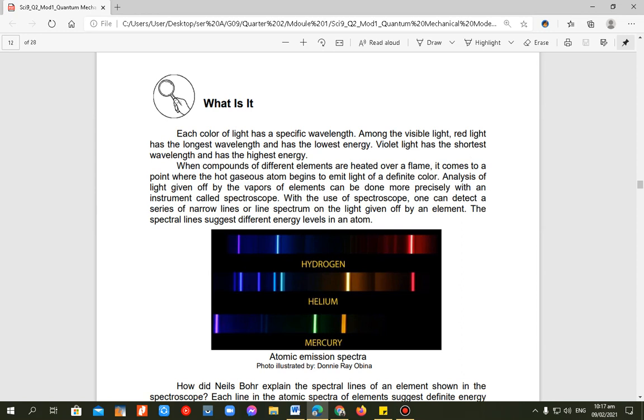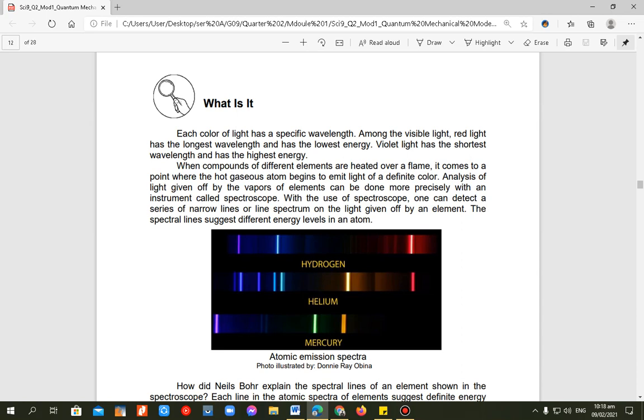And analysis of light given off by the vapors of elements can be done more precisely with an instrument called a spectroscope. And with the use of this spectroscope, one can detect a series of narrow lines. So makikita natin yung specific lines or narrow lines or the line spectrum on the light given off by an element. Yung binibigay, yung sinushow na kulay ng isang element. And the spectral lines suggest different energy